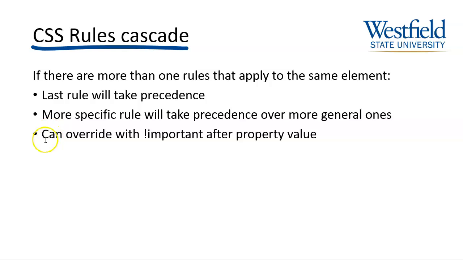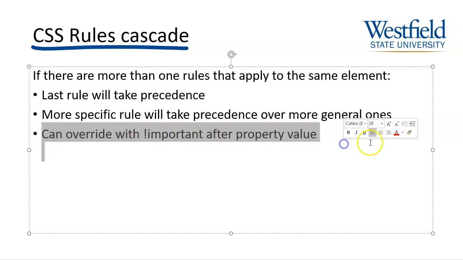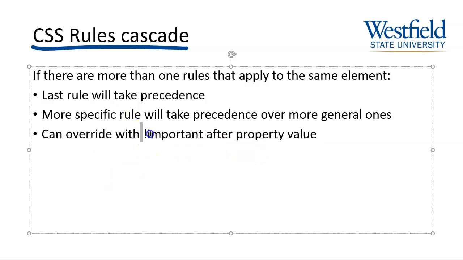And then you can mark a rule with !important after the property value. And in that case, it doesn't matter where the rule is, it will always win. It is actually not recommended that you use the important indicator because what if you have multiple things with the same important